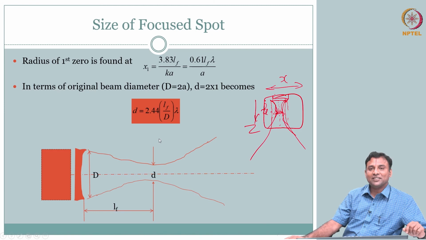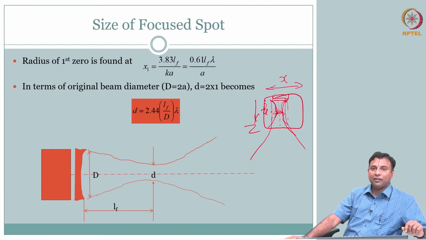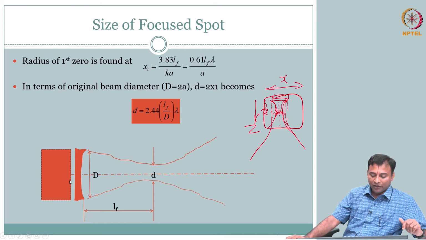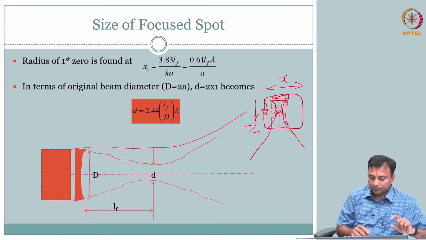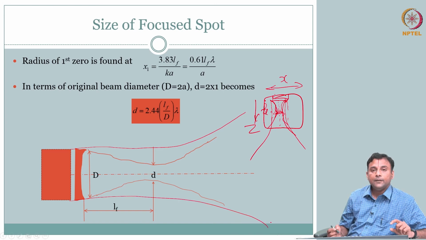Unfortunately, life is not that simple. There is going to be a trade-off. We will just appreciate the trade-off in the next slide. So, to complete what we have done, this is a transducer, and you have an acoustic lens in front of it. Left by itself without the lens, the beam would have travelled like this and then gone like that.